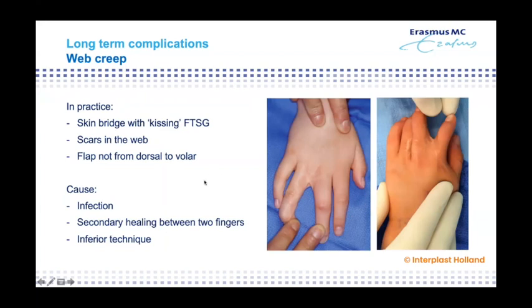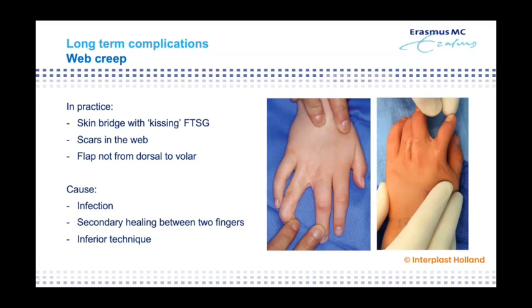So if you look in practice at web creep or the complications, you can have a skin bridge between, I don't know if you've sometimes seen it. So this is a full thickness skin graft. This was the dorsal flap that actually runs below this scar. I don't know if you see this. So the two wounds of the fingers kissed each other and healed very nicely, but with a web that's more